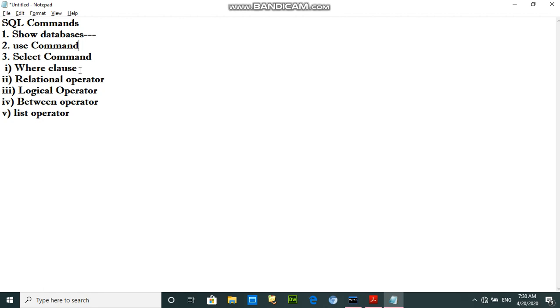And next is the where clause in the select command. Student, this clause provides a facility to give the condition in the select command.